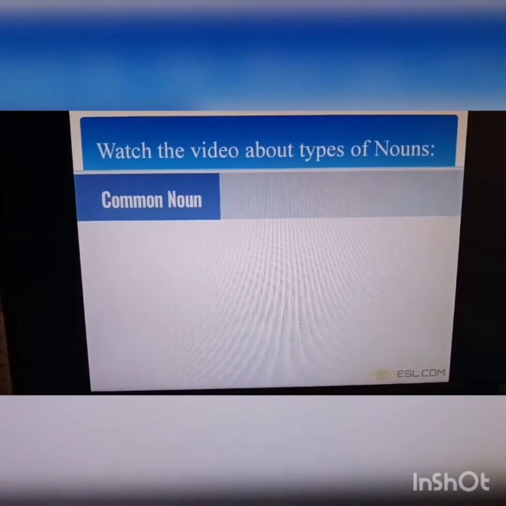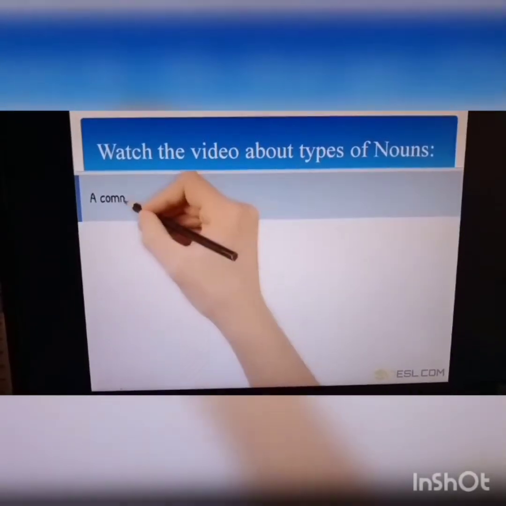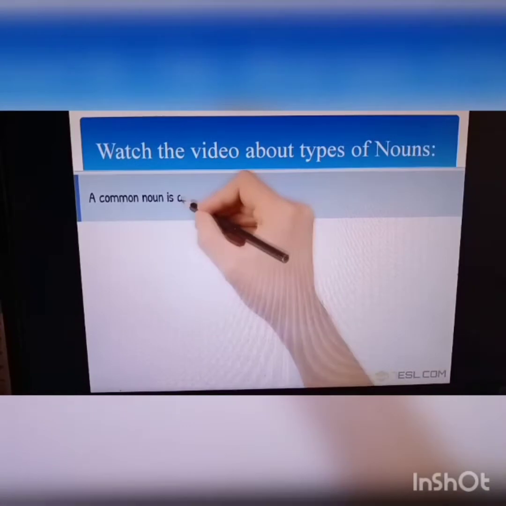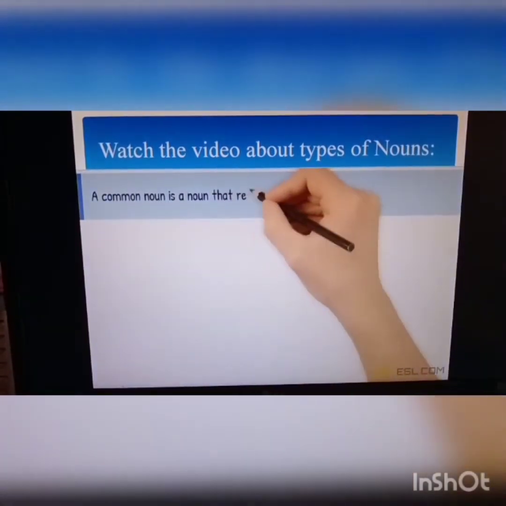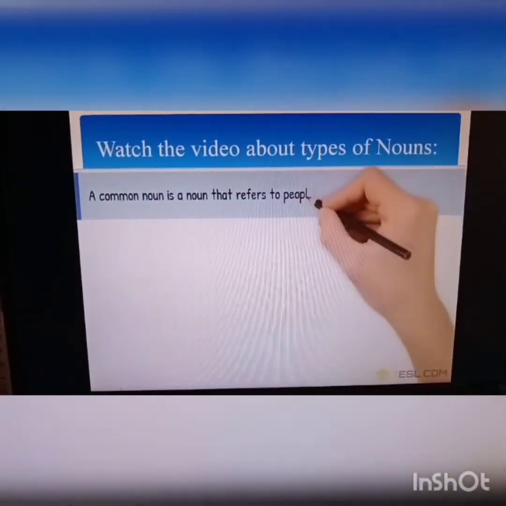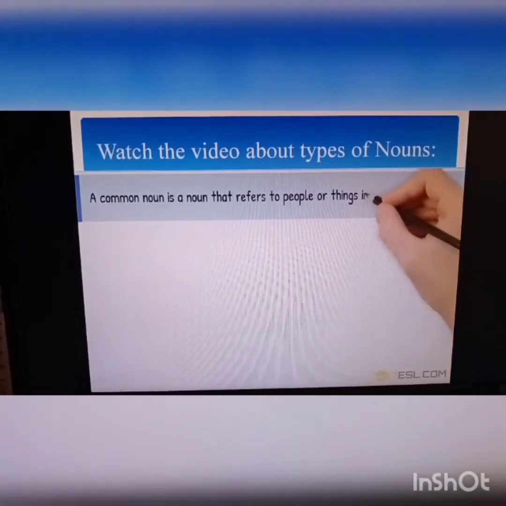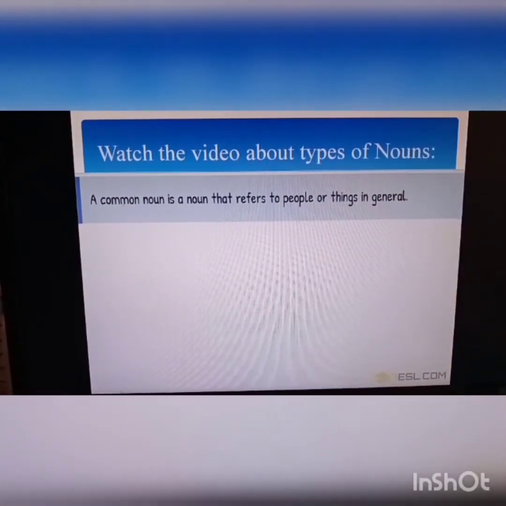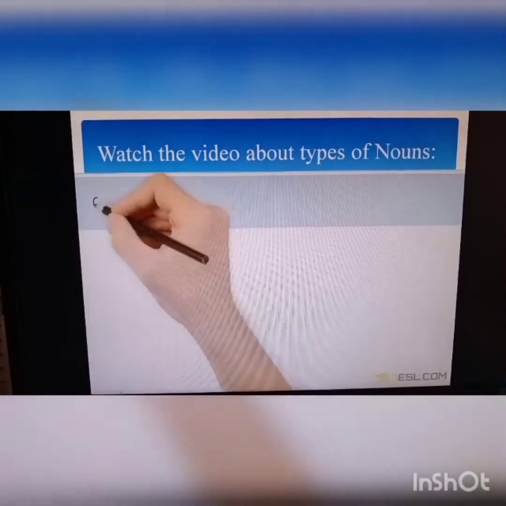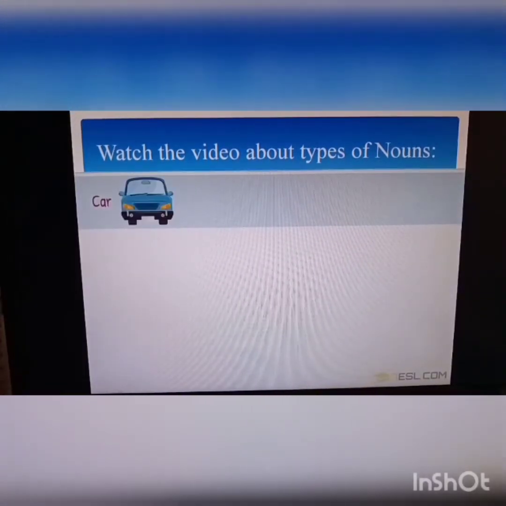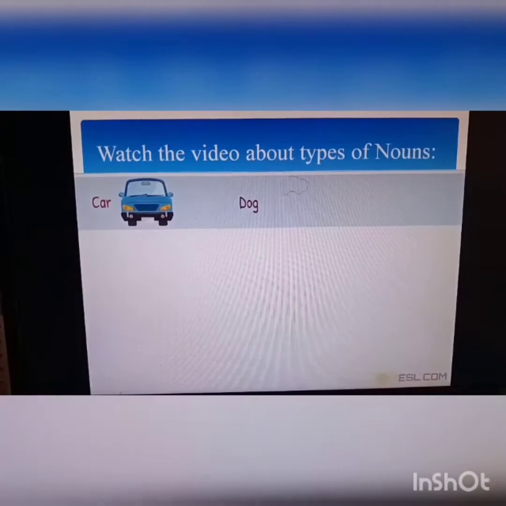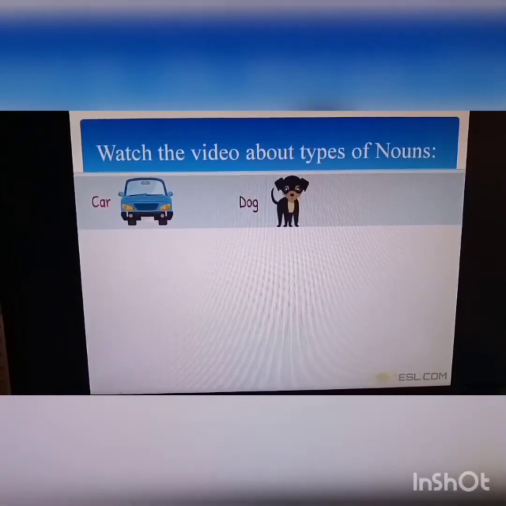Common noun. A common noun is a noun that refers to people or things in general. Car, dog, chair.